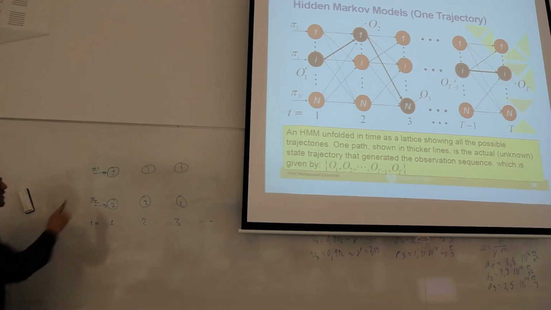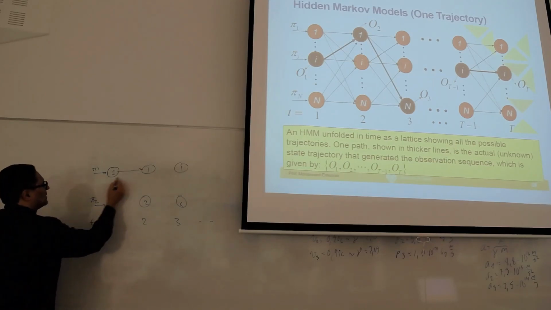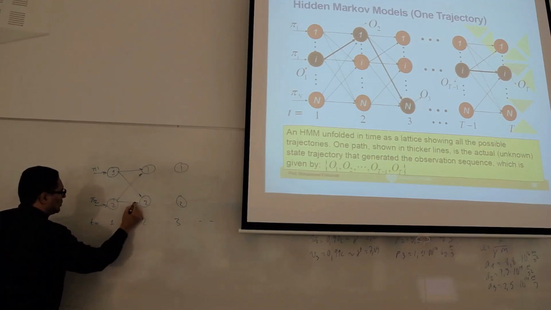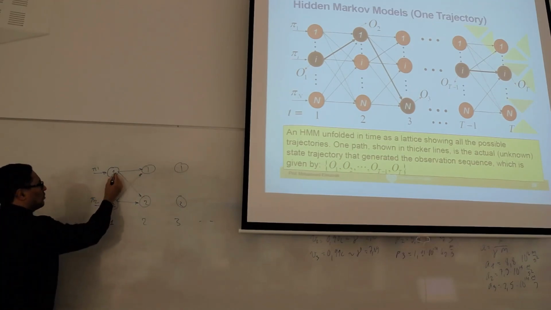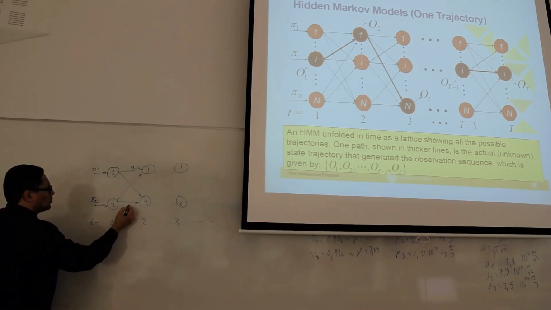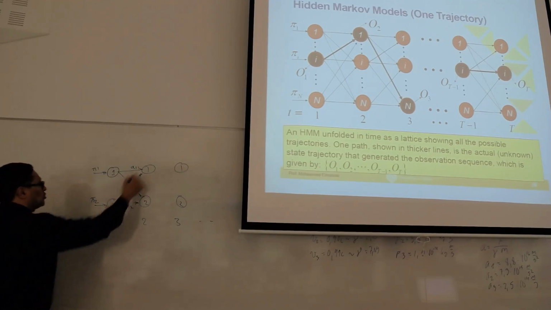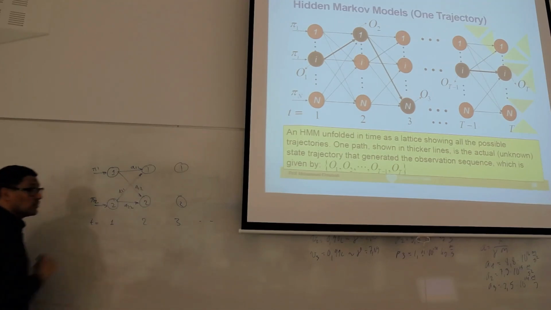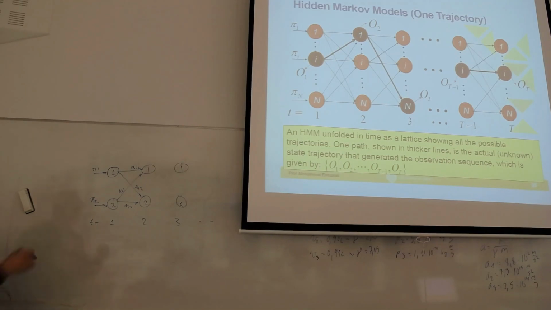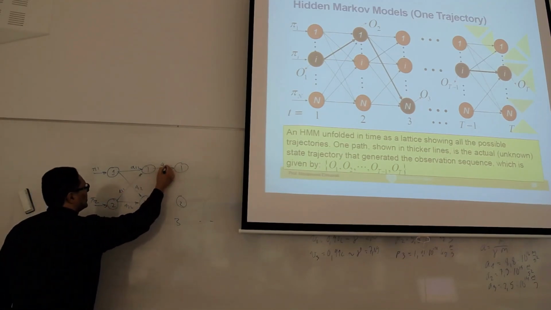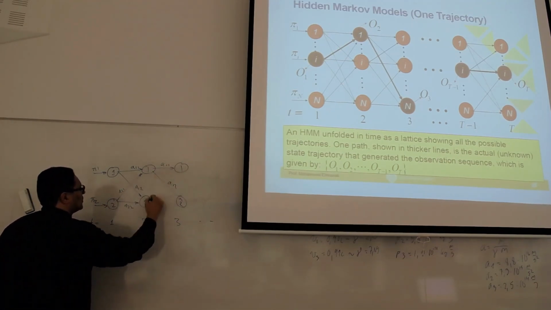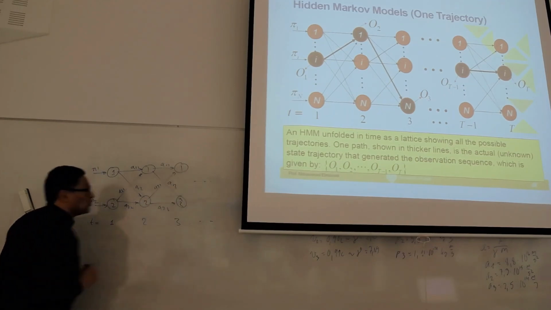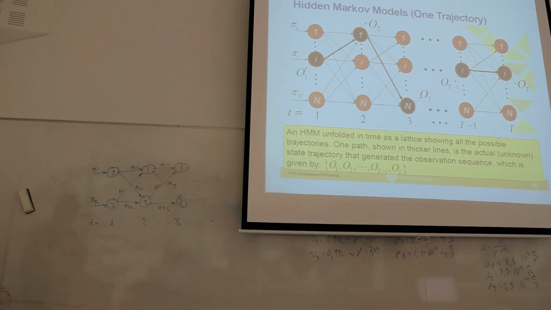Okay. From Ln1, we can go to Ln1 or we can go to Ln2. From Ln2, we can go to Ln1 and we can go to Ln2. From 1 to 1 is A11, from 2 to 2 is A22, from 2 to 1 is A21, from 1 to 2 is A12. It is simply like that. And it continues, so it is A11, A12, A21, and A22, and we continue in this way. Okay? Now,